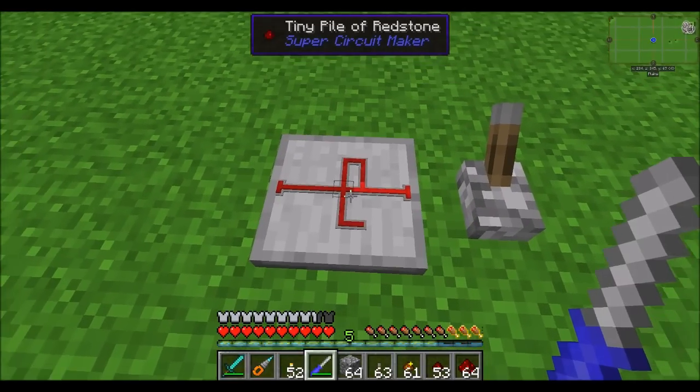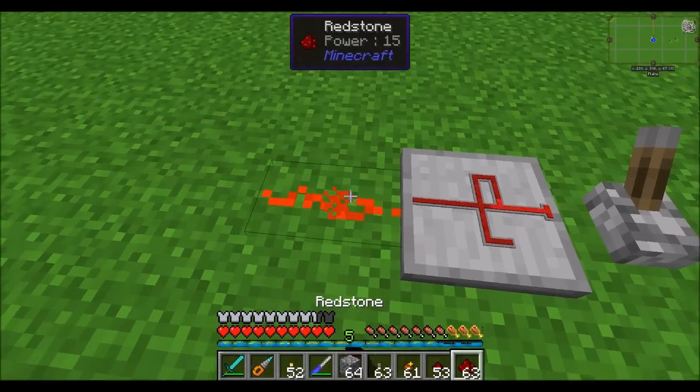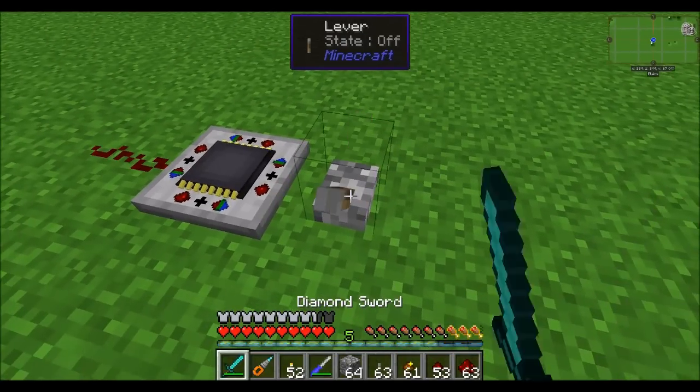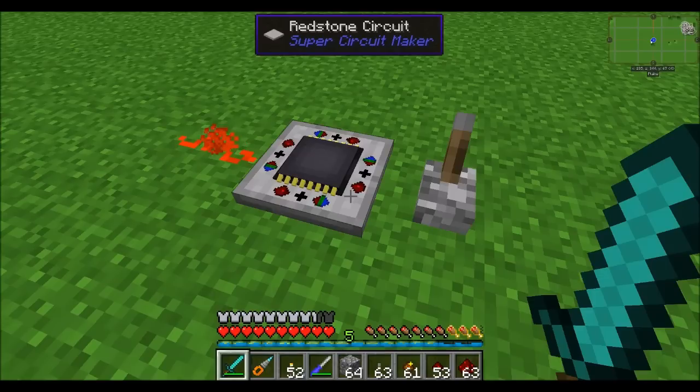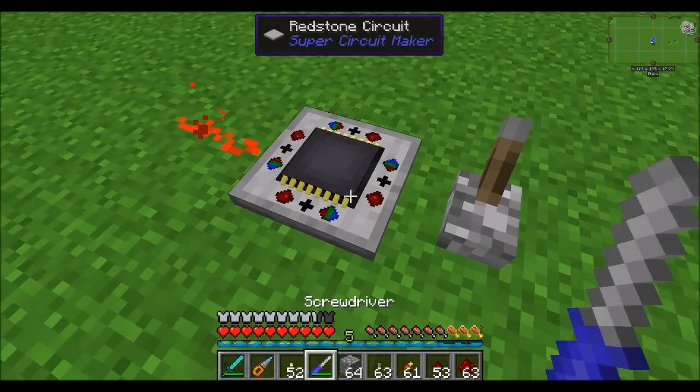The circuit still exists as it did before, so if we switch this to an output, place a piece of dust there, you'll see everything's still working. Shift right click to hide it. Still works, it just hides the rendering. This just saves on your frame rate a little bit if you have a lot of circuits in the area or if you have a slower computer. To be honest, I've not noticed much by way of frame rate impact from these circuits, but it's still a